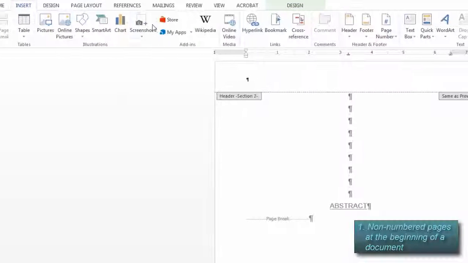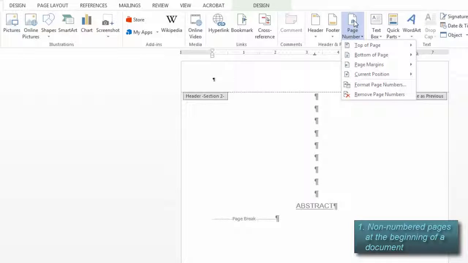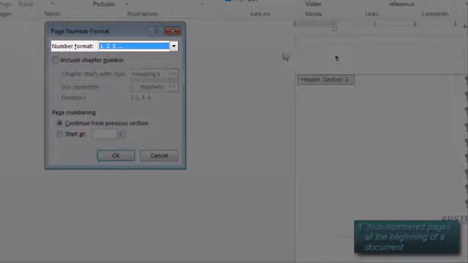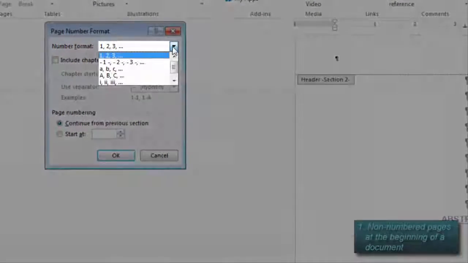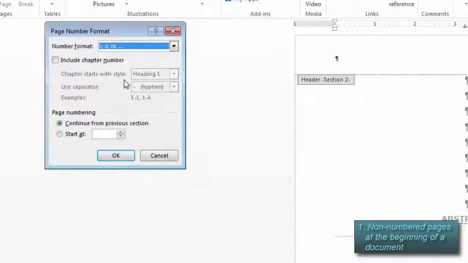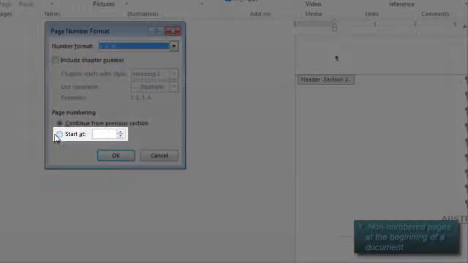Click Page Number. Choose Format Page Numbers. Under Number Format, select Roman numerals. Then, under Page Numbering, use the Start At tool to determine what number the page numbering will begin at. Select 3 and click OK.